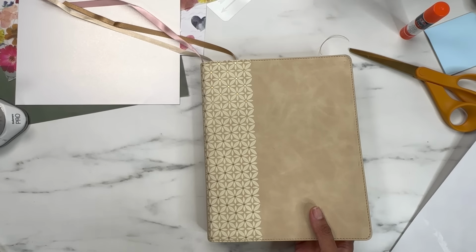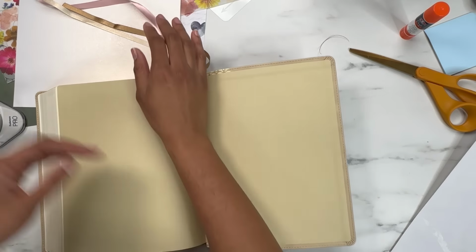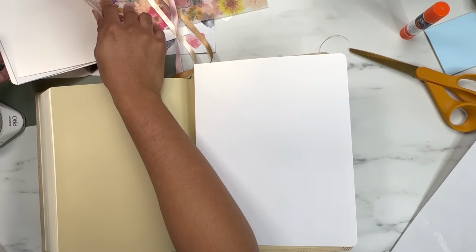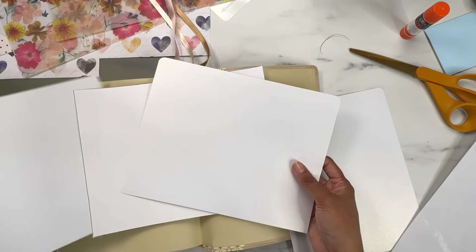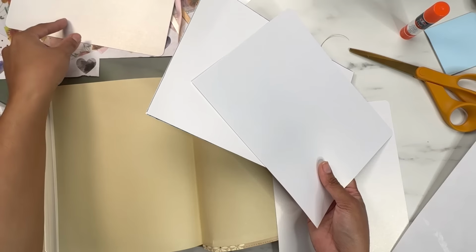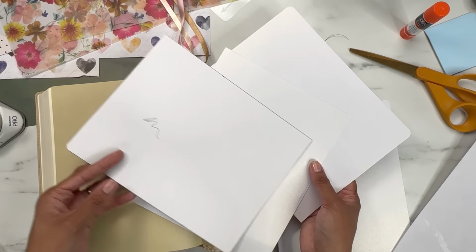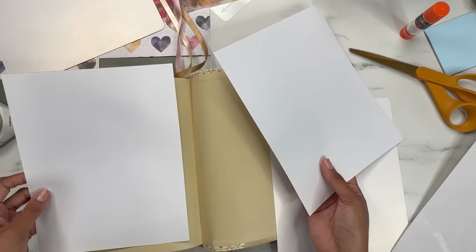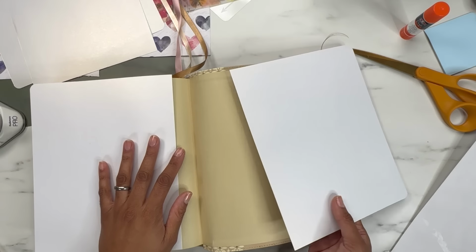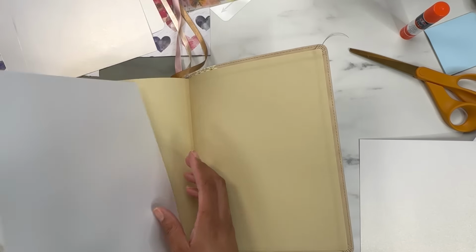All right, now we're going to do the inside back cover. We are going to add, now that I'm talking about it, this cardstock to the inside back cover. So I have 4 of them that I cut out. I think this was relegated to the front, and the only reason why I know is because I doodled on the back of here to test out a pen. Other than that, I have no idea. So we're just gonna try this out. Okay, so I did round the corners on one end,